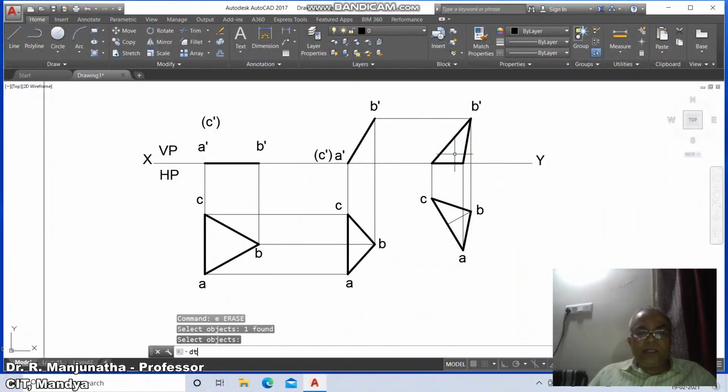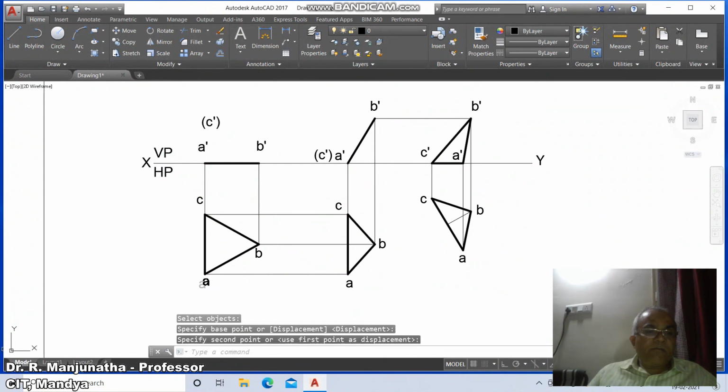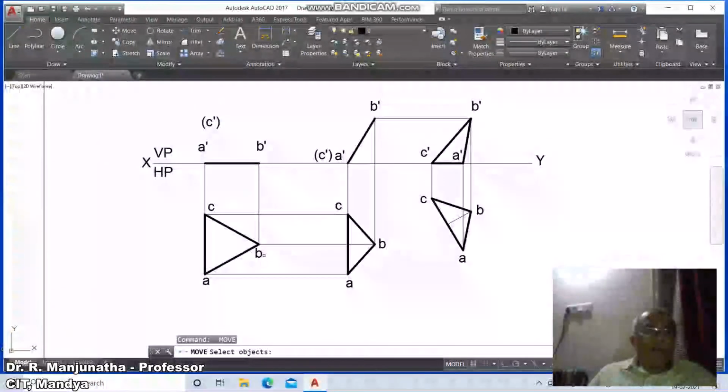So here go to the text, you mark this as A dash, and you mark this as C dash. Then go to move, select objects, you select this and place it appropriately. So here, then go to A, similarly C, similarly B.